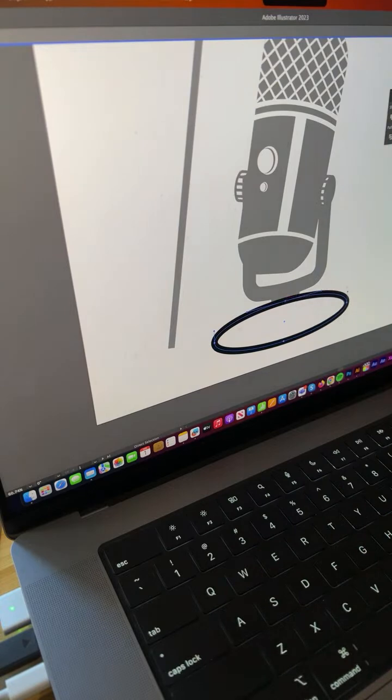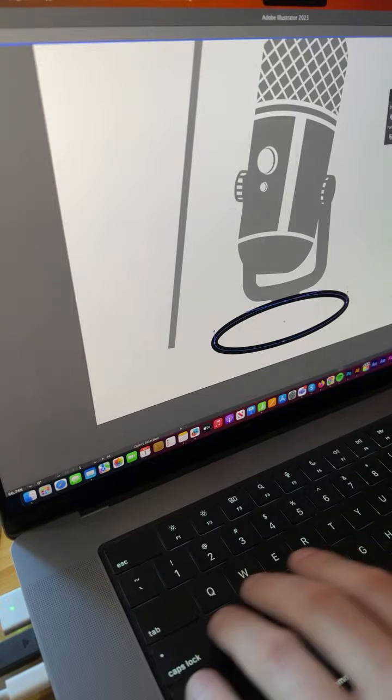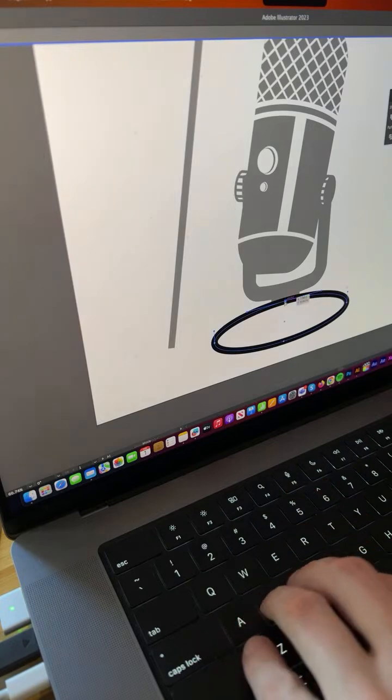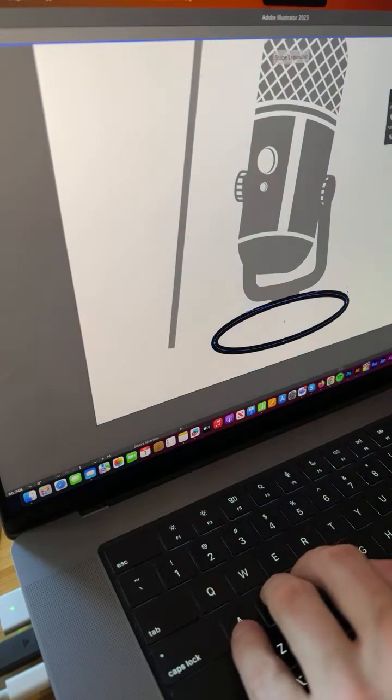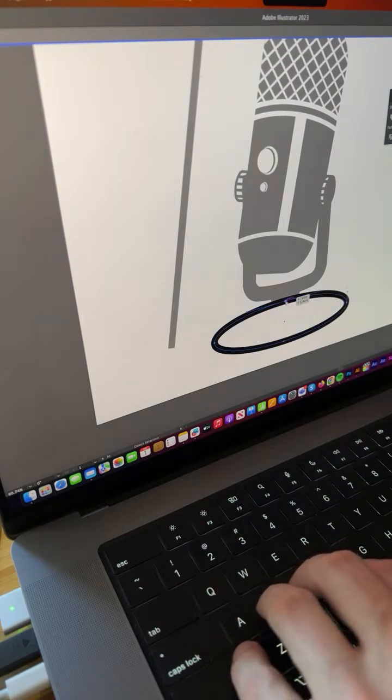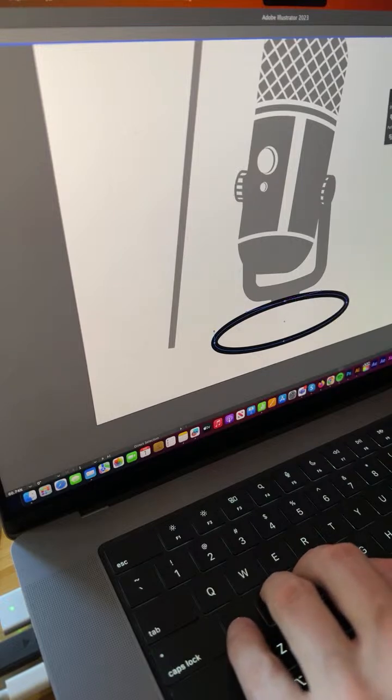So what we're trying to do is just adjust the thickness of this line so that it looks like it's fading into the background here a little bit. And the easiest way to do that is usually to clip the anchor point. And then we should go to